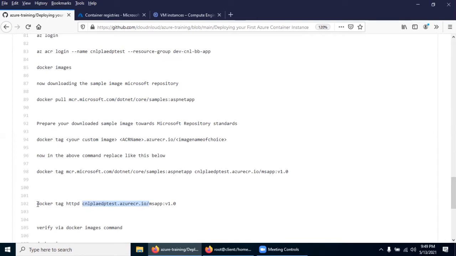I am going to put the docker command here. Actually, this is the sample. If you downloaded httpd, you can use this command, but we have downloaded this sample image only. So take this command, put it here.